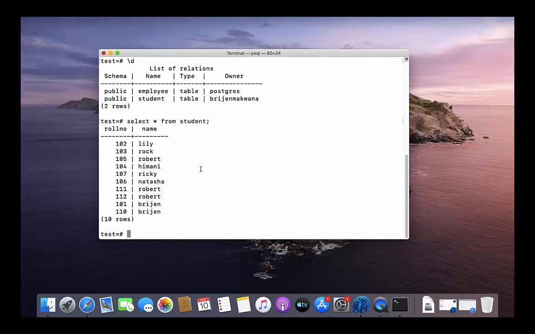Okay, so we have 10 rows. What if I want to change the name of the student whose roll number is 103? Currently the name is Rock and I want to change it to Diana, let's say. So for updating a table, the query is update